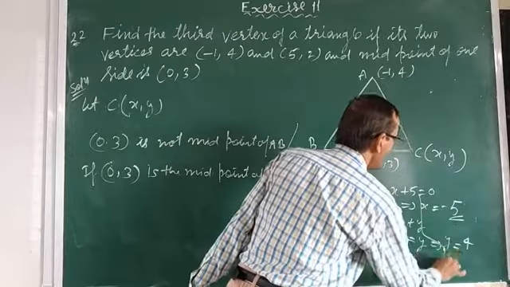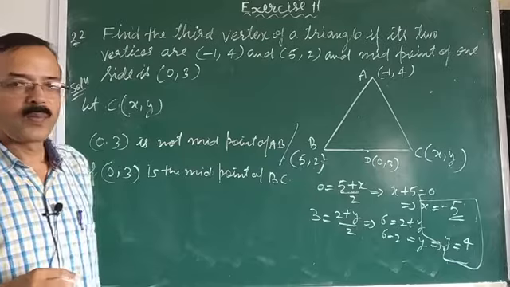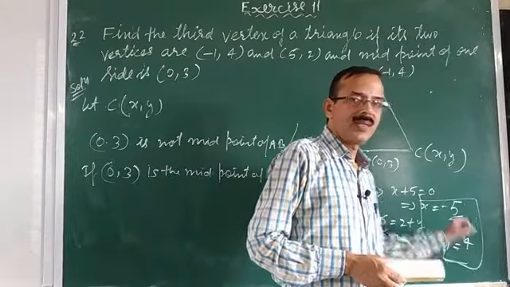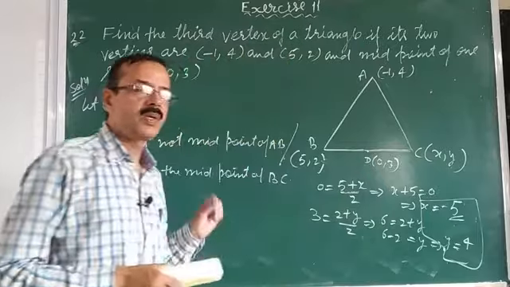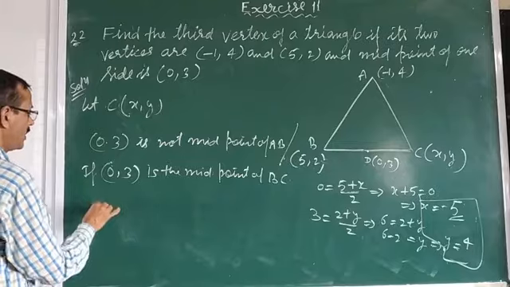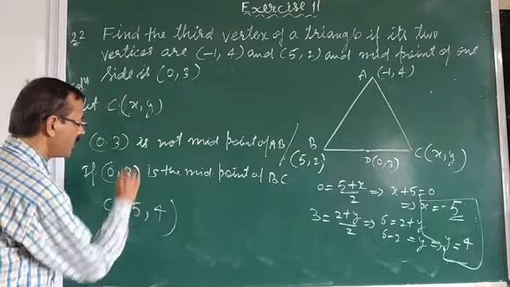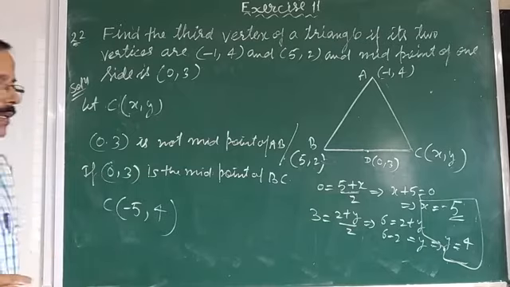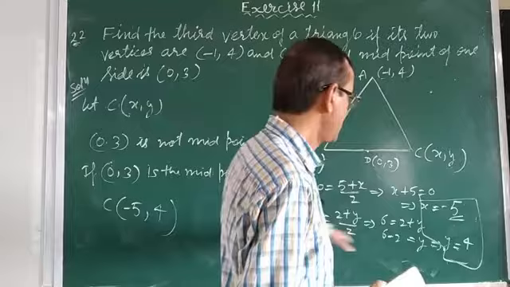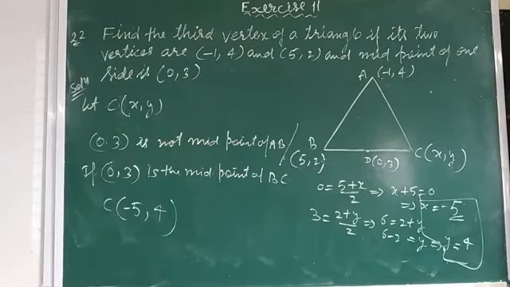So we found the x value and the y value. X came minus 5 and y came 4. So in this case, if D is the midpoint of BC, we found that C will be minus 5 comma 4. This is the coordinate of vertex C, minus 5 comma 4. But if taken